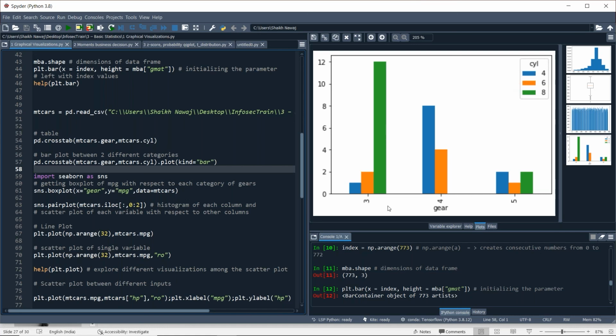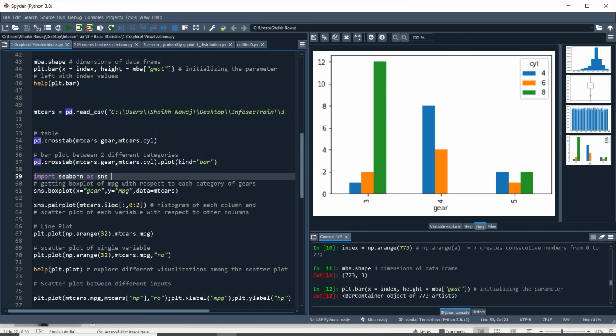So we are using the pandas library for comparing the two variables, and likewise we can create multiple plots in our data.